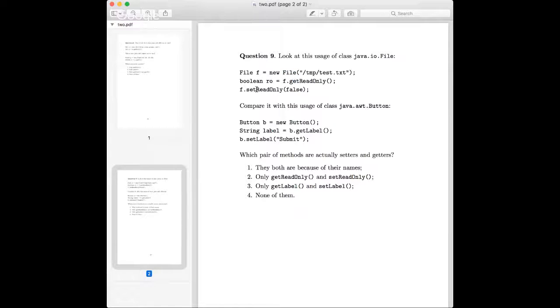Because in most of the Java world, we are used to seeing these get and set prefixes when we face the setters and getters situation. While in the button case, this is a perfect example of getters and setters, because this label is definitely an attribute inside the button. So when we say get label, we definitely retrieve the attribute from the button, and we definitely set it back.